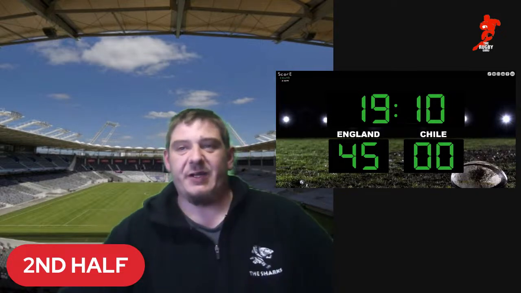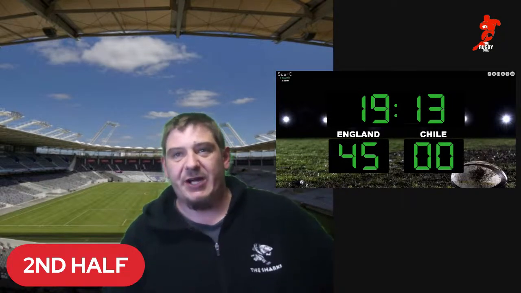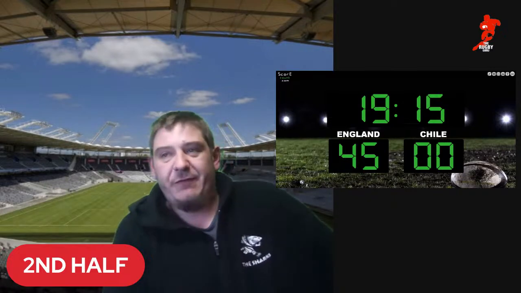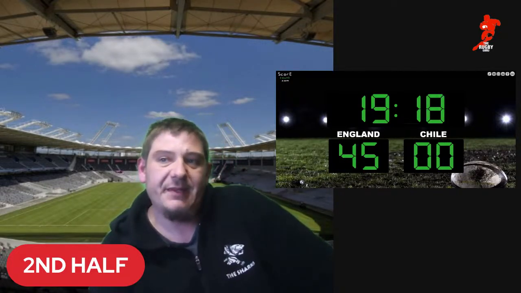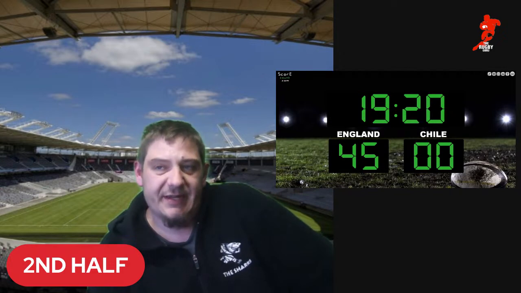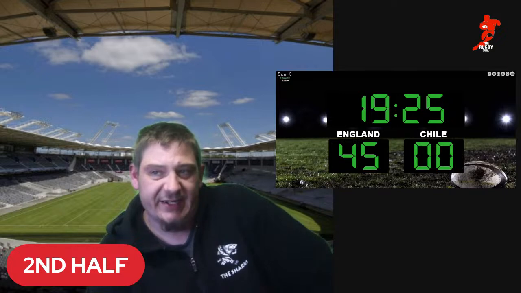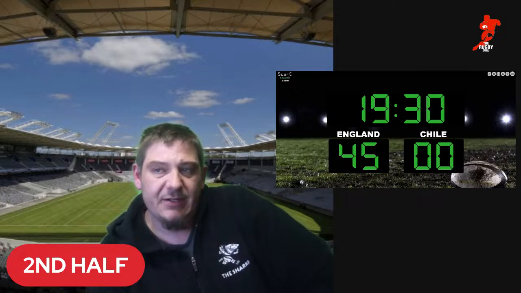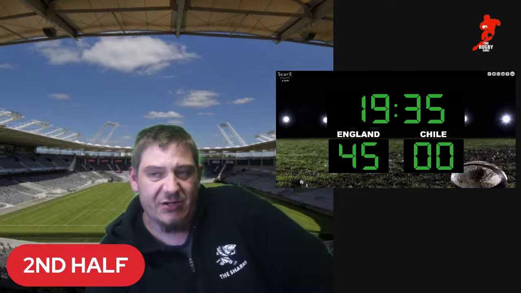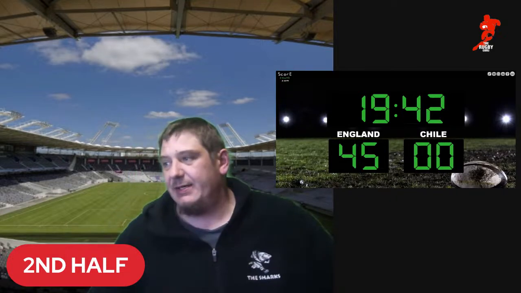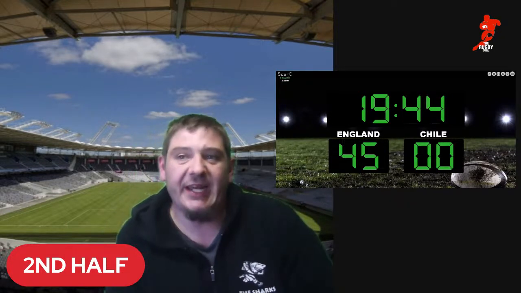Right, so things have calmed down a little bit on the scoreboard as well here. So 45 points to 0 it is currently. Here comes Fidel Fernandez now. Back it comes to Escobar. Driven back in the tackle there by England. Fernandez again on their own 10-meter line is Chile now. Fernandez once again out to Domingo Saavedra. On the far side of the field, they're going to get this ball back now is Martinez who takes it up for Chile.